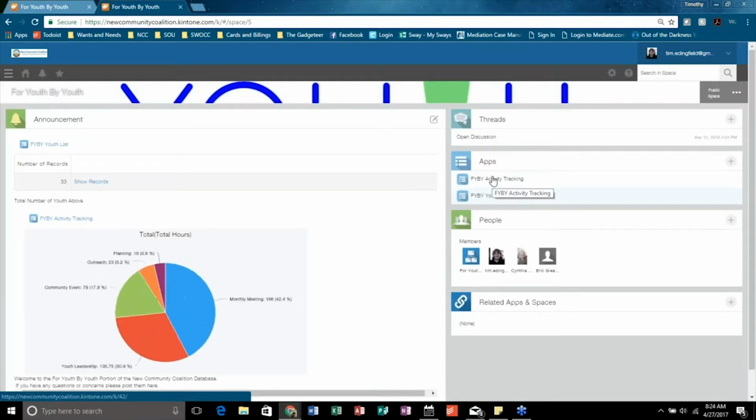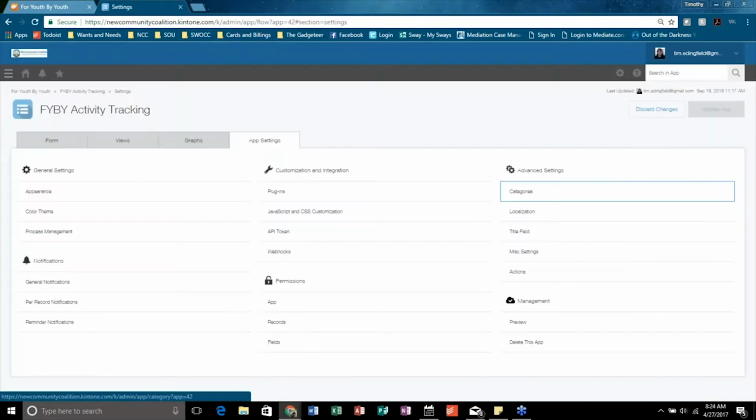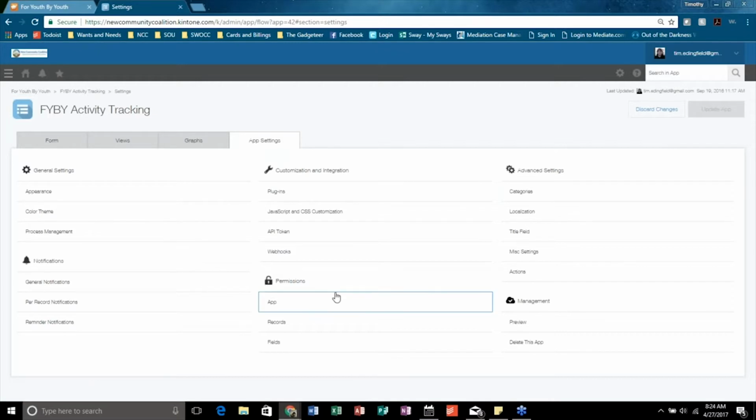So to change the permissions for specific applications, you open up the application dashboard. You go to Change Application Settings, and you'll see this box right here is called Permissions. So you can choose the application permissions. If you specifically don't want them to be able to edit or change information within the application, but you just want them to be able to view, you can go to the app.